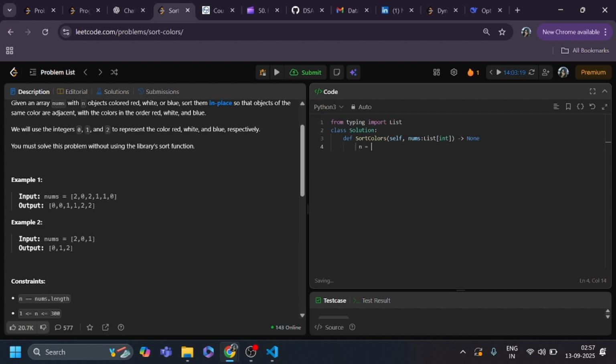Now n equals length of nums. For i in range of n: I am using i for the number of passes. Then swapped equals false.